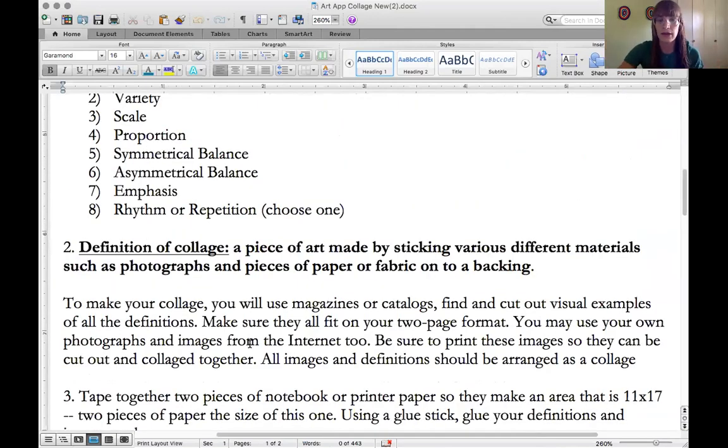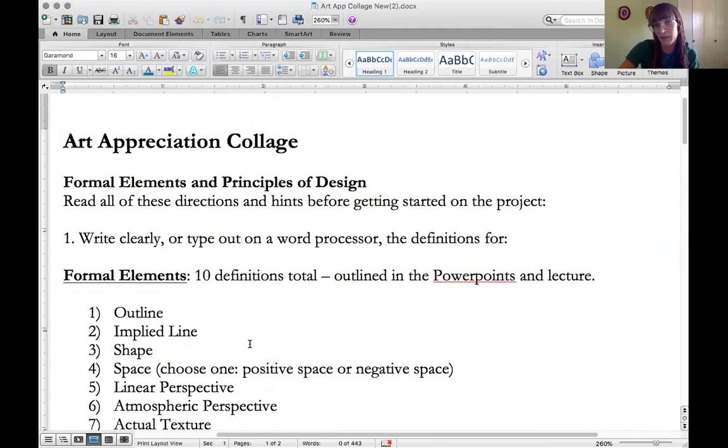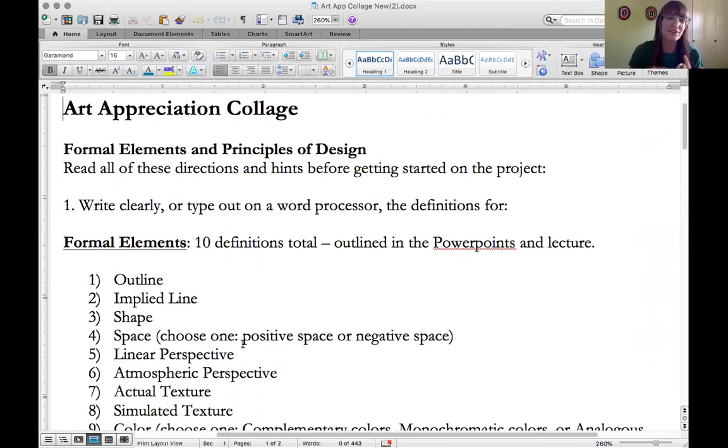It's a piece of art made by sticking various different materials such as photographs or pieces of paper or fabric or whatever onto a backing. This is just your typical collage definition. So that means you're going to have to work creatively with this assignment, which can be super fun. So what you're going to start with is clearly writing or typing out on a word processor the definitions